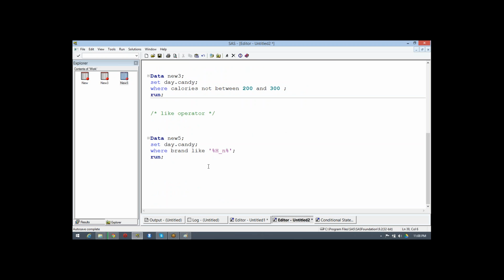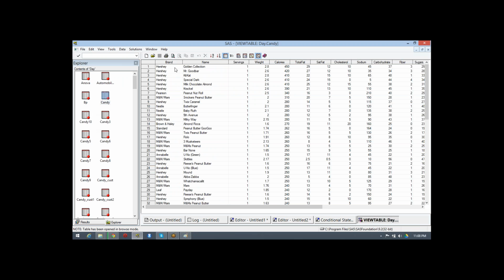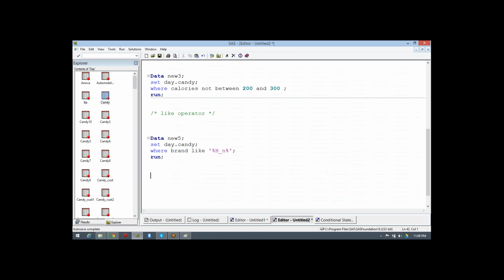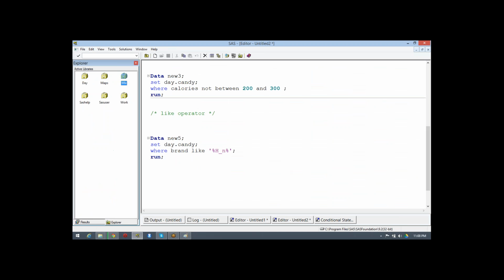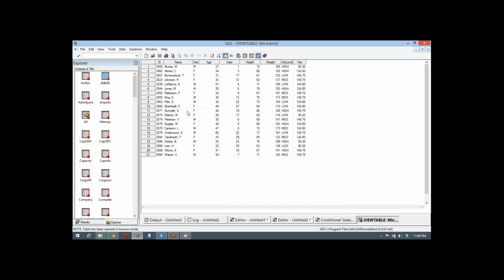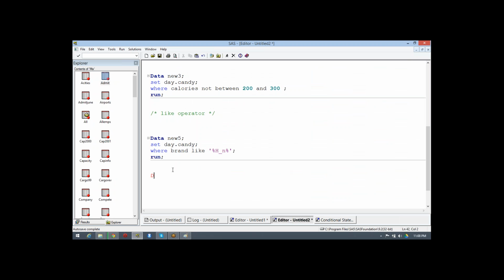Another one is when I need to extract something from the whole data set and conditionally create new data sets. Let's suppose I want to create multiple data sets. If my brand is equal to a particular value, that should create a new data set. That's called the subsetting option. Let's suppose I'm creating it for admin, so male data should get segregated and female data should get segregated. So we'll name the data sets male and female.